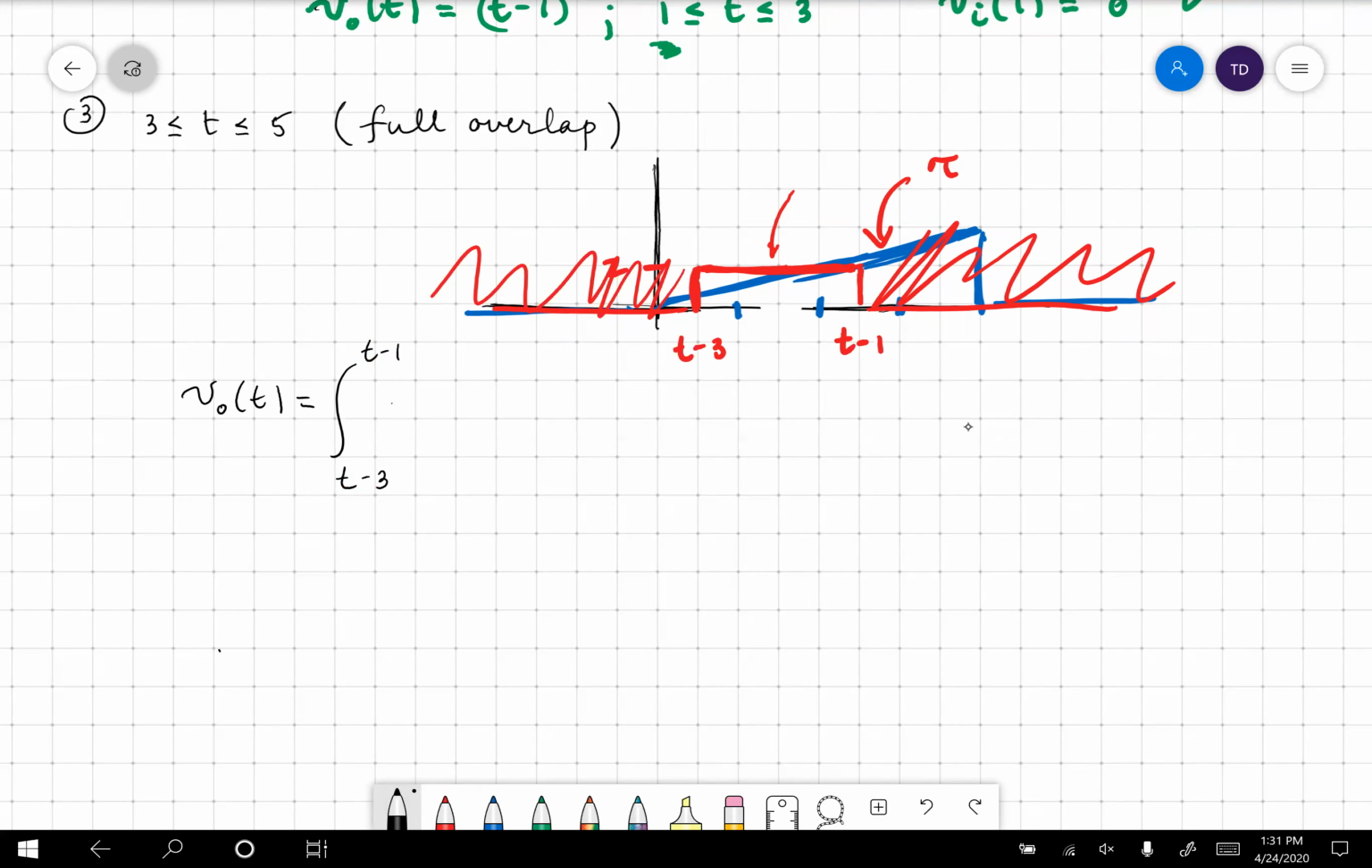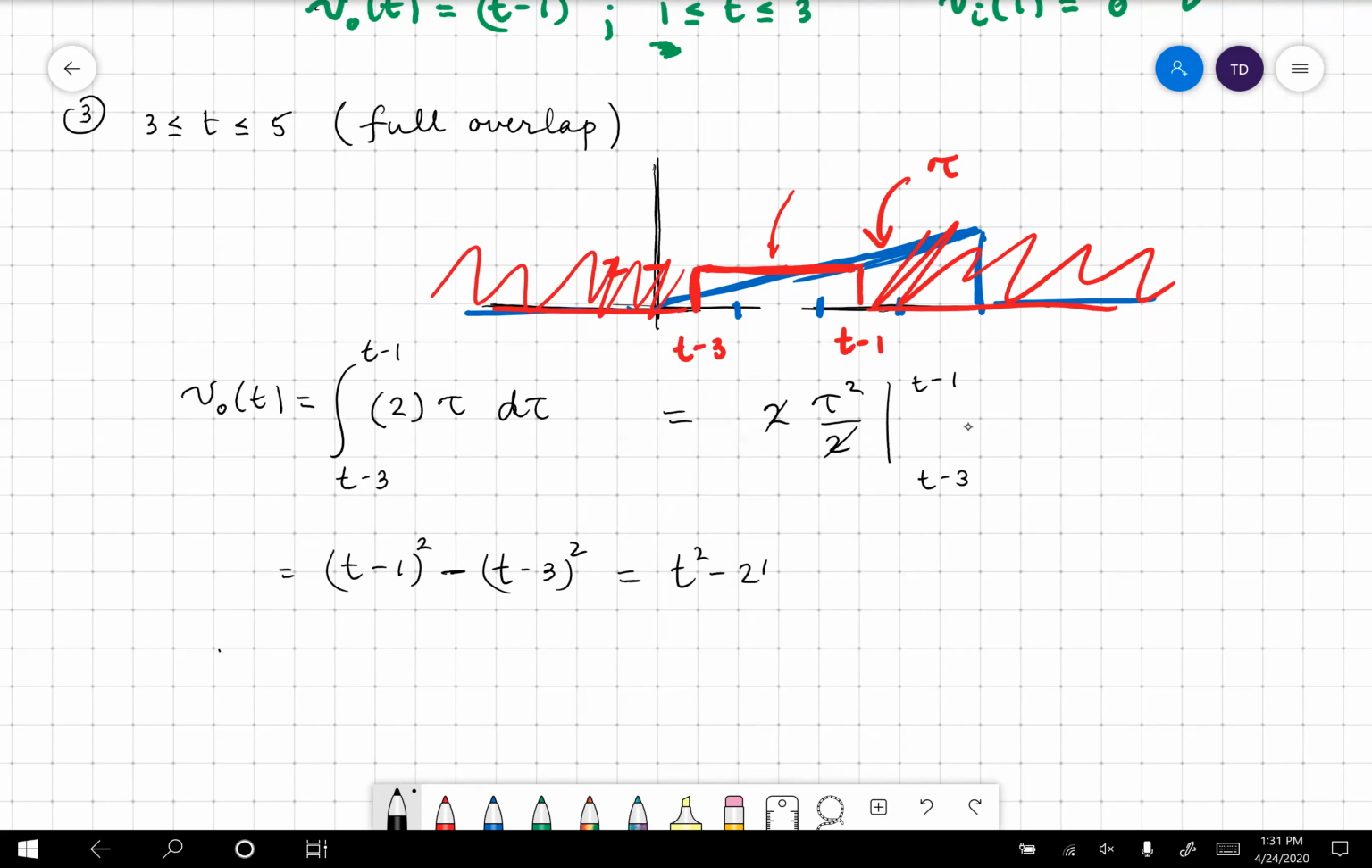And so it's going to be 2 times tau. Notice it's the same thing every single time in the integral. That's awesome. d tau. So again, this is going to be 2 tau squared over 2, cancel, evaluated between t minus 3 and t minus 1. Let's put those values in there. So that's t minus 1 squared minus t minus 3 squared equals t squared minus 2t plus 1 minus t squared minus 6t plus 9 equals